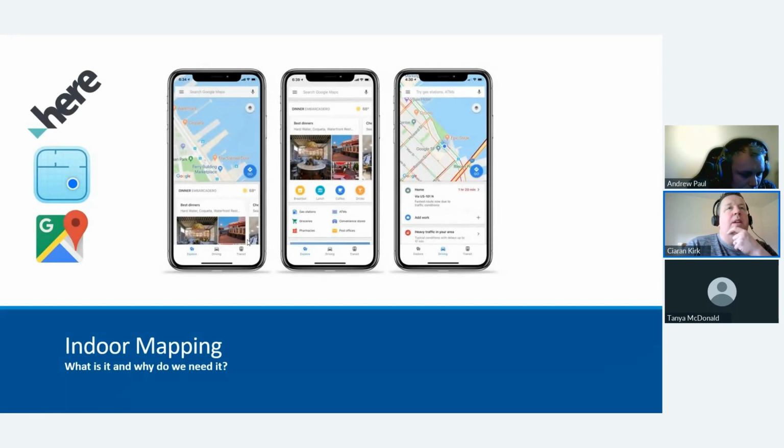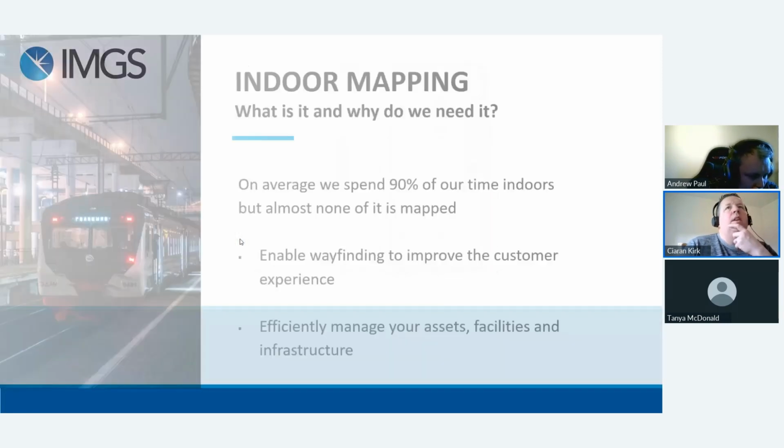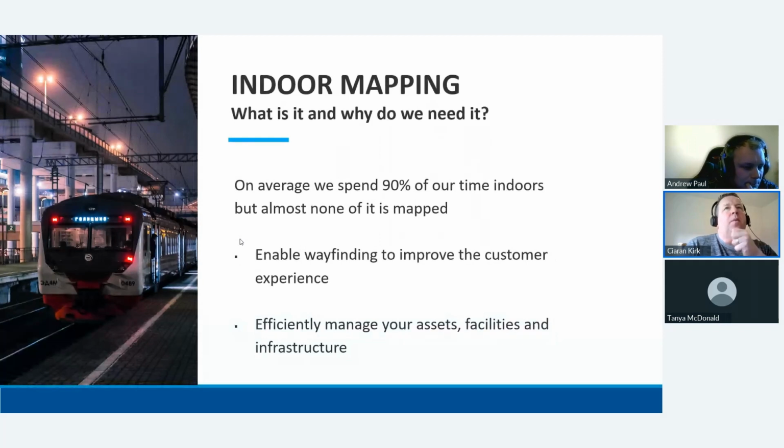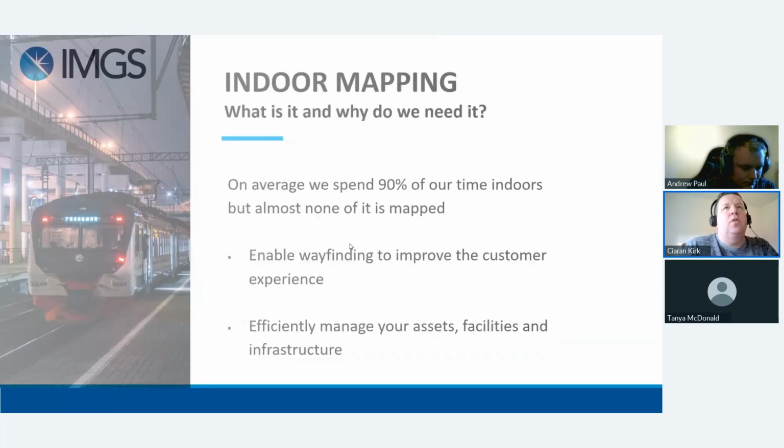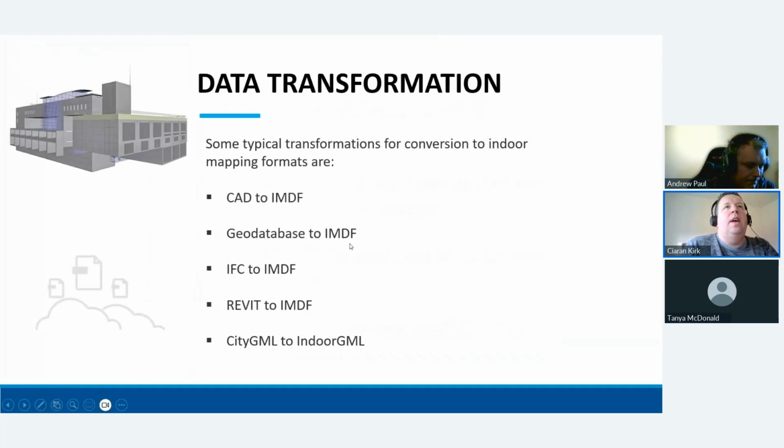So being able to actually have maps on your phones and have features on those maps. Indoor mapping: what is it and why do we need it? On average, we spend 90% of our time indoors, but almost none of it is mapped. So again, people are now looking at enabling wayfinding to improve the customer experience and to efficiently manage your assets and facilities and infrastructure. So with FME,